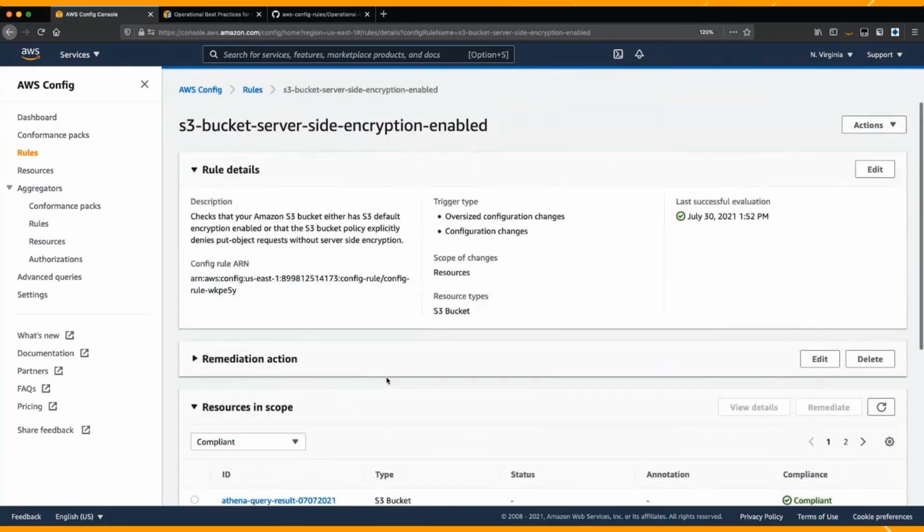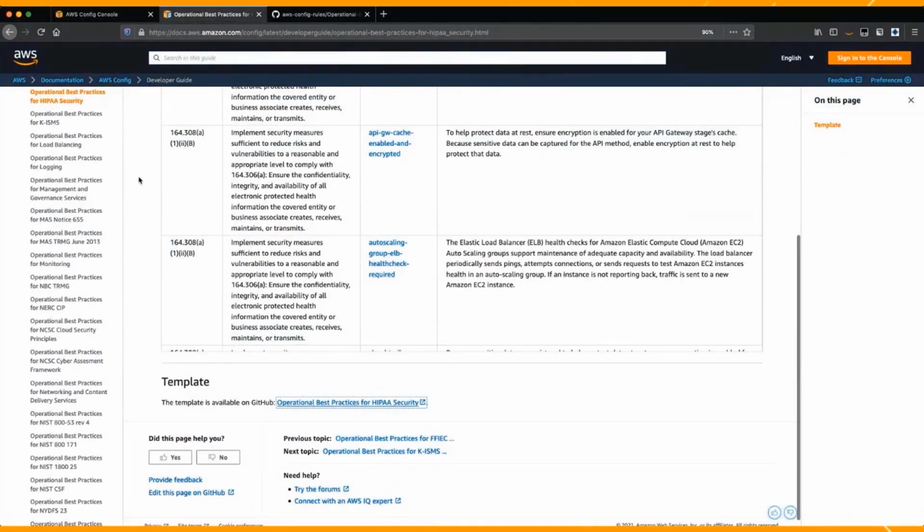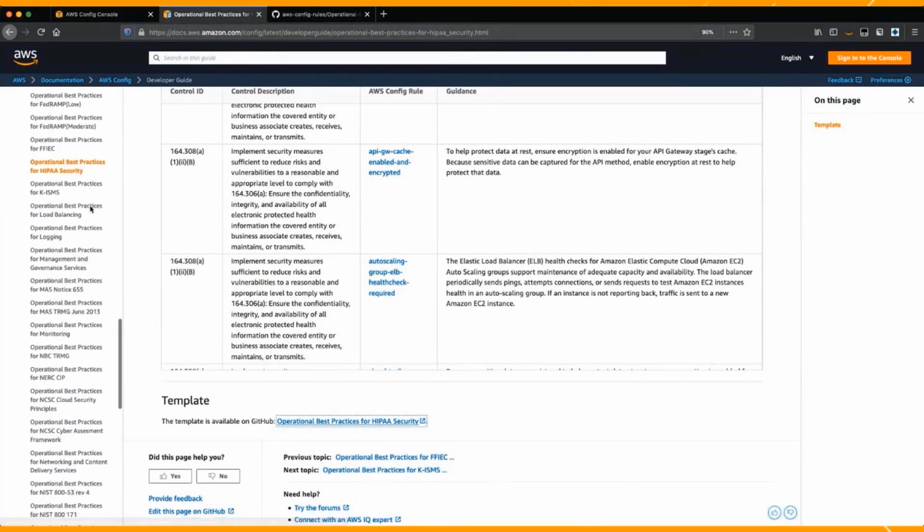So this gives us a nice example of how we can leverage SSM automation runbooks together with AWS Config rules to do our remediation actions to put our resources back into a desired state. Now, how can we make use of this within our conformance packs, our industry compliance frameworks that we deploy at scale? Coming back to the documentation that we referenced in our previous demo, in this documentation, it does highlight the